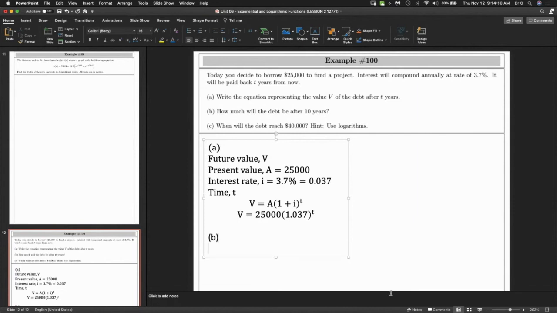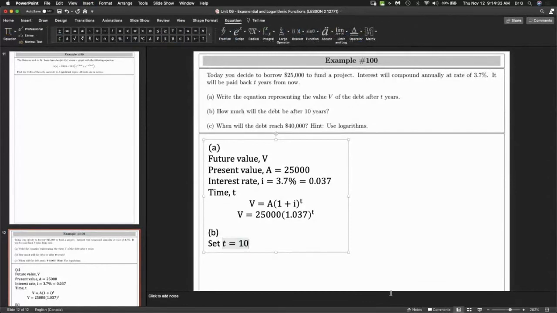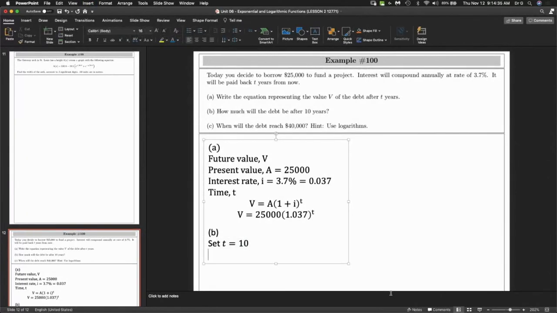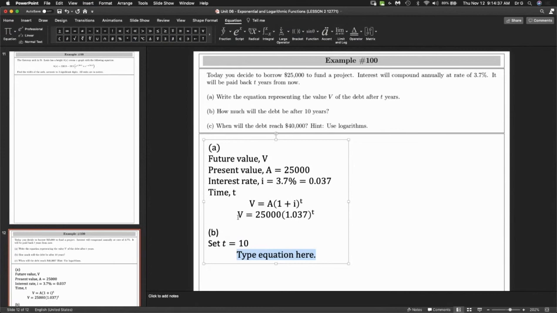So in part B, it says find how much the debt is going to be after 10 years. How do you do part B? What do we do? Yeah, plug in 10 for t, thank you. So set t equal to 10. It's 10 years, but I'm not going to worry about the units right now. So if we go back here and plug in 10,